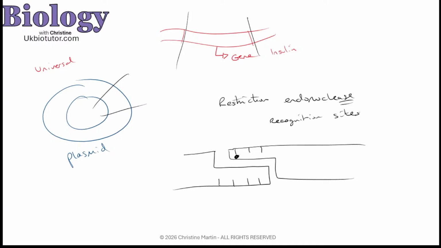So what would happen is they would want to form hydrogen bonds, but because they are being cut, what we're saying is we are cutting the phosphodiester bond that was between those two strands, and we're using the same restriction endonucleases.